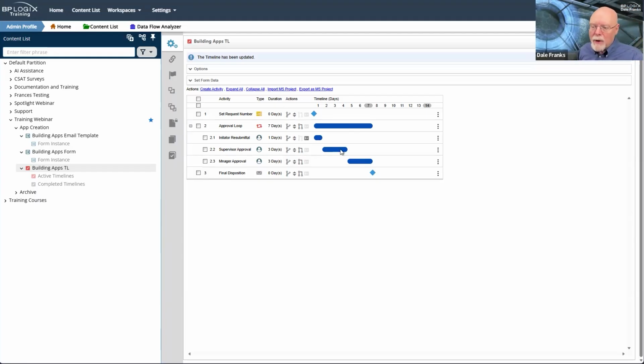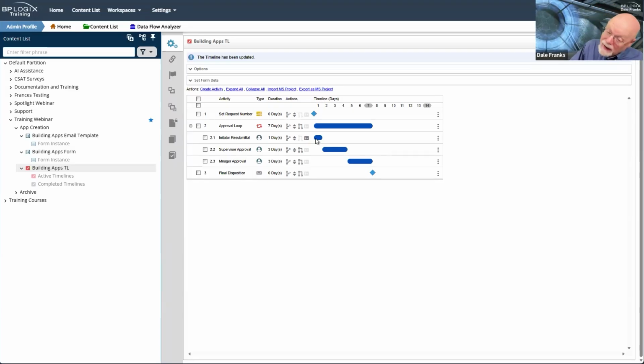We've got to be able to test whether approvals get me all the way to my final disposition notification. We need to test if at any point I hit deny for any one of these 3 activities, whether it automatically moves me to my final disposition notification. If either of these 2 activities hit resubmit, I've got to check to be sure that it takes me back to initiator resubmittal.